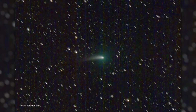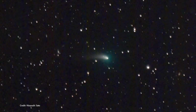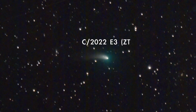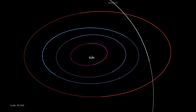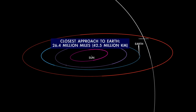A recently discovered comet is now passing through the inner solar system and should be visible with a telescope and likely with binoculars. The comet, which has a mouthful of a name, C2022E3ZTF, was first sighted in March last year when it was already inside the orbit of Jupiter. It makes its closest approach to the Sun on January 12th and then passes its closest to Earth on February